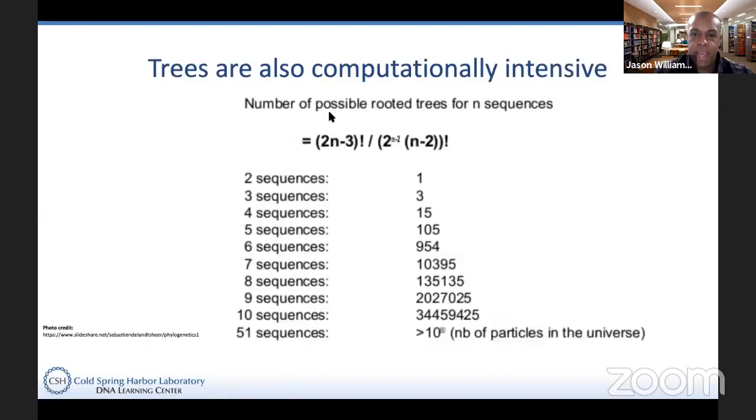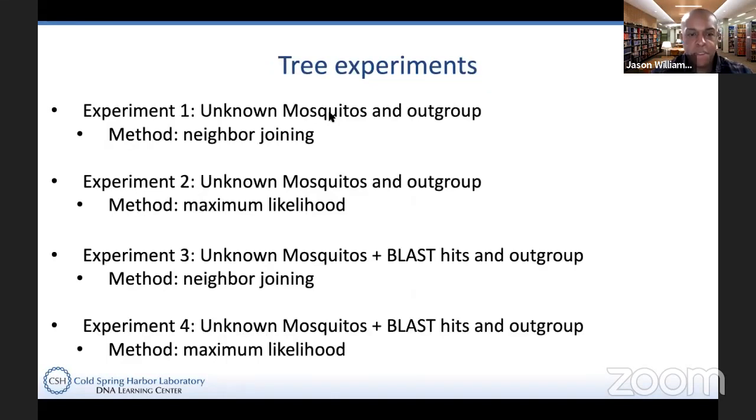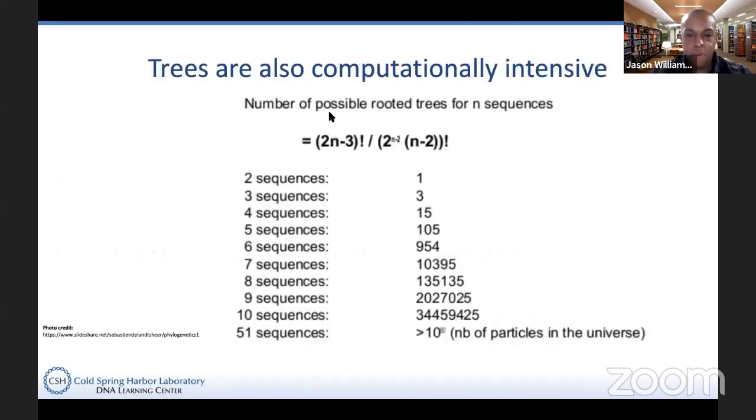But before I get into doing those possible experiments, I don't know that we'll do all of them today, but they're set up for you in one way or another in the packet. I want to take you through it, but I also want to point out that when we're making phylogenetic trees, we also run up against a lot of computationally intensive things and some math, because as it turns out, when we want to infer these relationships, there are many, many different ones